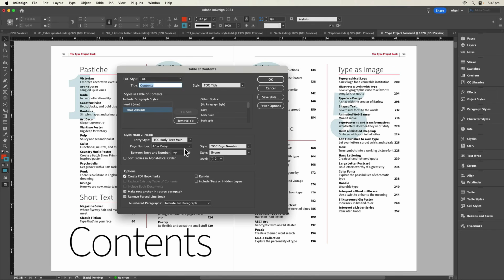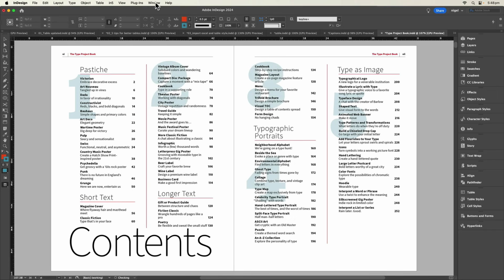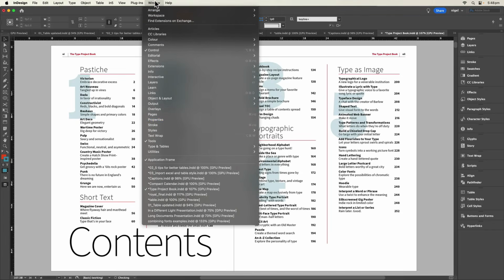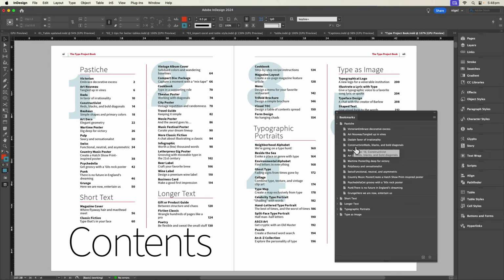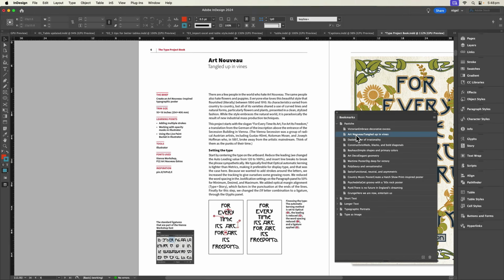So once the TOC is made, you can come to the interactive panel where you will see the bookmarks that reflect all of those TOC entries. And you can just double click on the bookmark entry to go to that page. So if you're familiar with the content of the book, this is a much quicker way to move around than